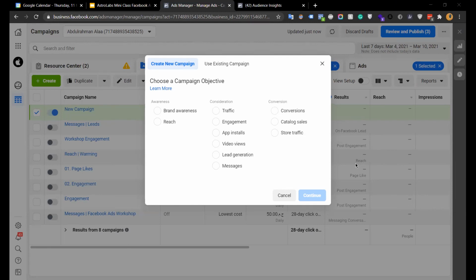But what I want is how can we use the ads manager to promote that particular post with the objective being engagement? Okay, so you want to know how to do that?